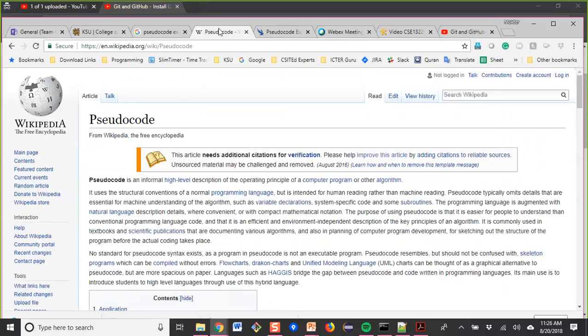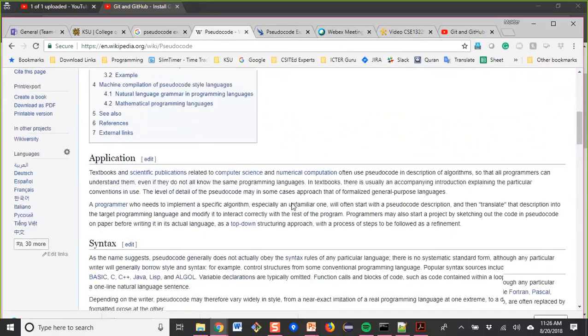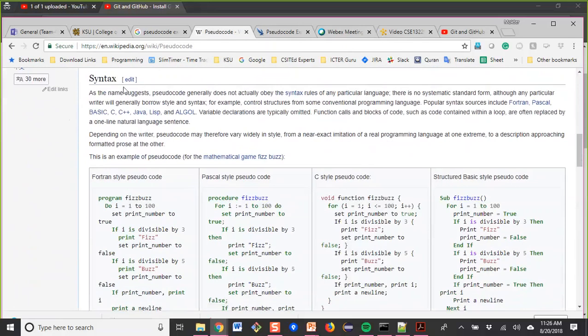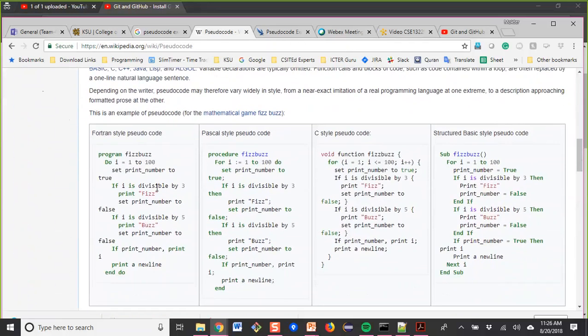But if we go to the Wikipedia page, you will see some syntaxes: Fortran-type pseudocode is written this way, Pascal-type pseudocode this way, C-style pseudocode this way, and structured BASIC-type pseudocode this way.